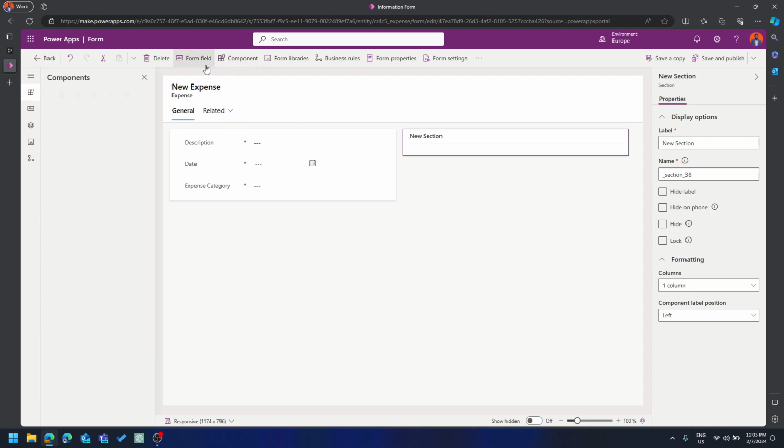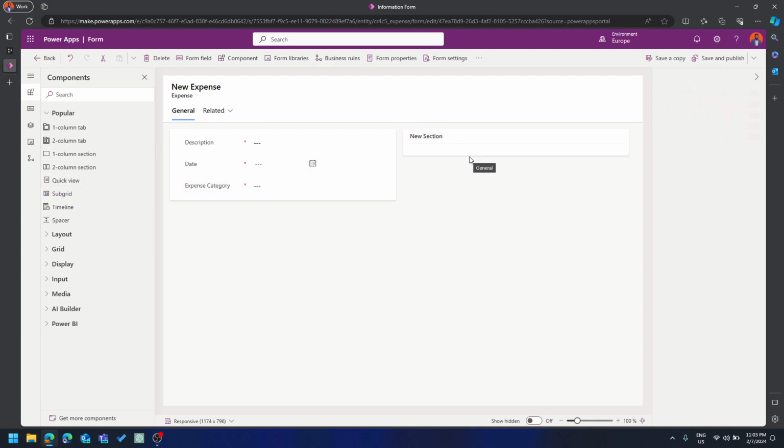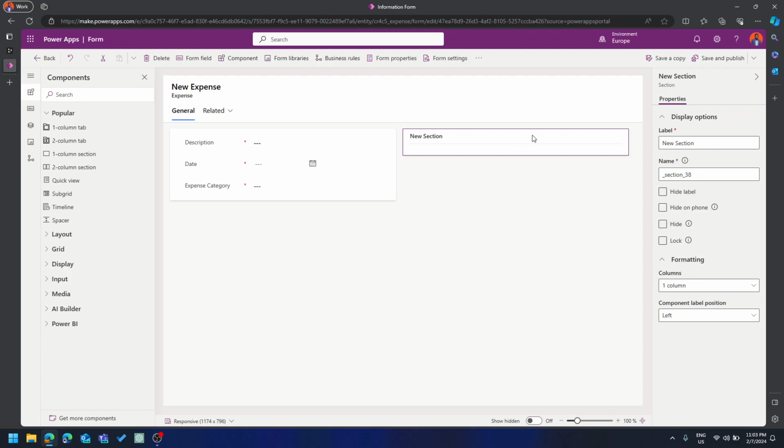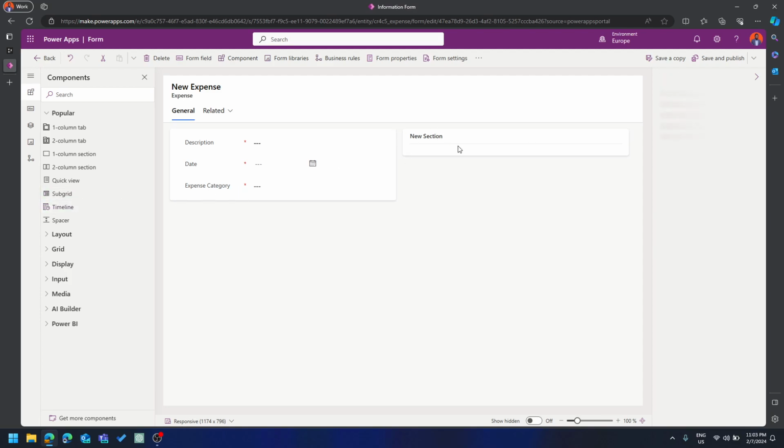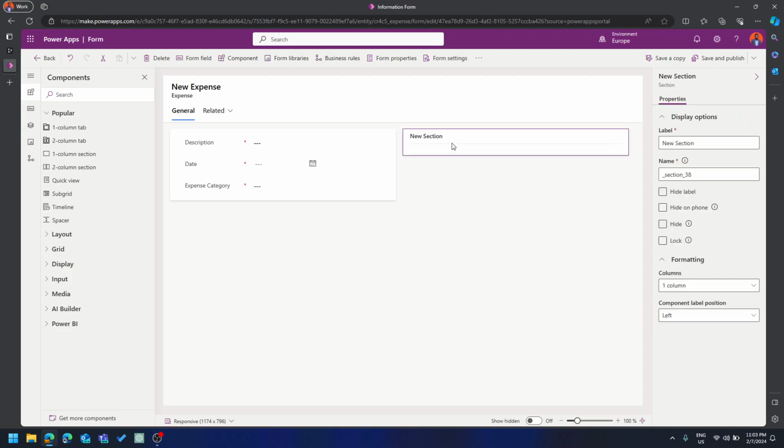Come on, load up. I'll go to components because now I need to add the timeline. What the timeline does is that it will show you all the notes and all the attachments that you have in relation to that particular table. So I'll just add the timeline over here, and I don't need to be showing the new section at the top there, so I'll just hide the label for this section by just selecting it